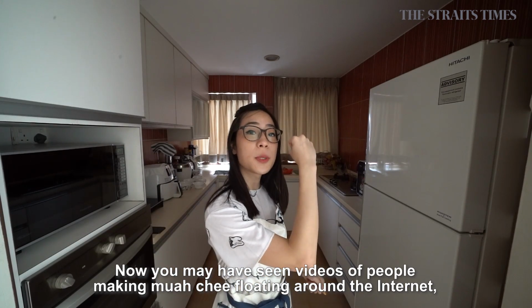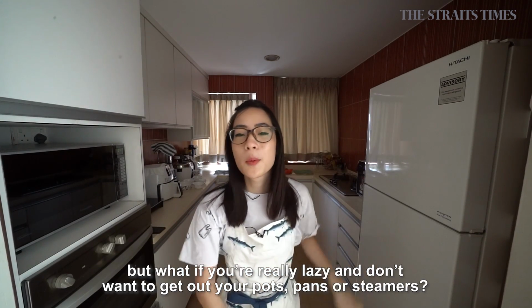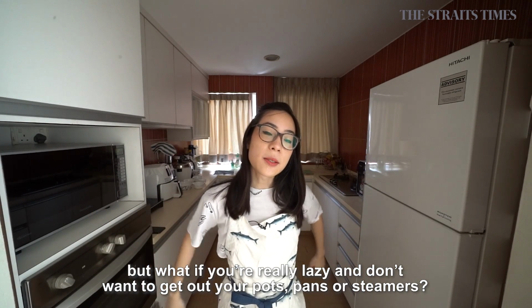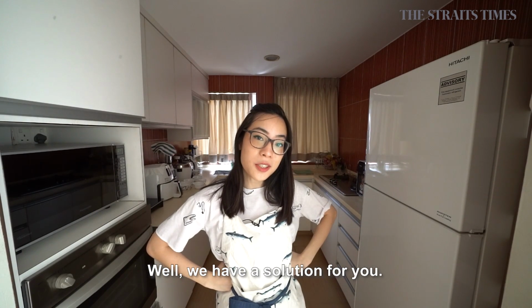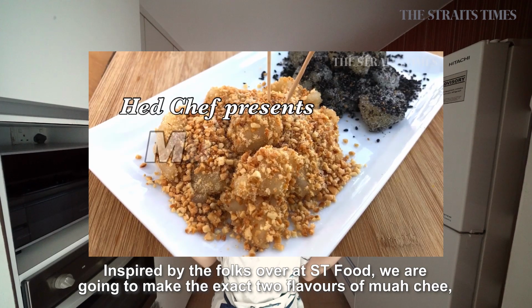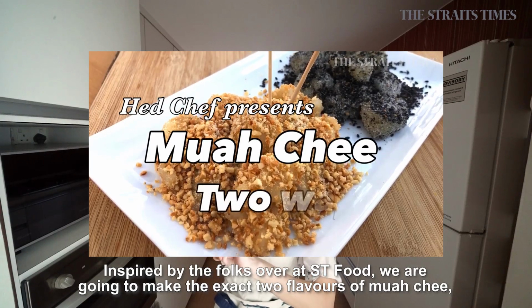Now, you may have seen videos of people making mochi floating around the internet, but what if you're really lazy and you don't want to get out of the pots or pans or the stews? Well, I have a solution for you. Now, inspired by the folks over at ST Food, we're going to make the exact same 2 flavors of mochi,